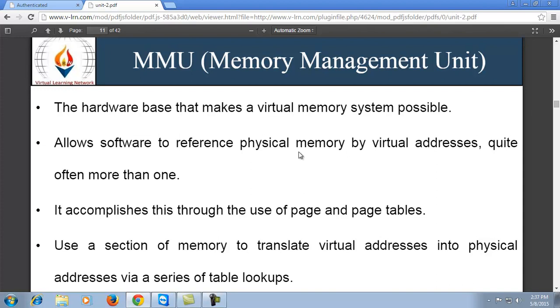It uses a section of memory to translate virtual addresses into physical addresses via a series of table lookups. Table lookups are a kind of offset which provides the reference about the virtual address, which is mapped with the physical address using the mapping method.